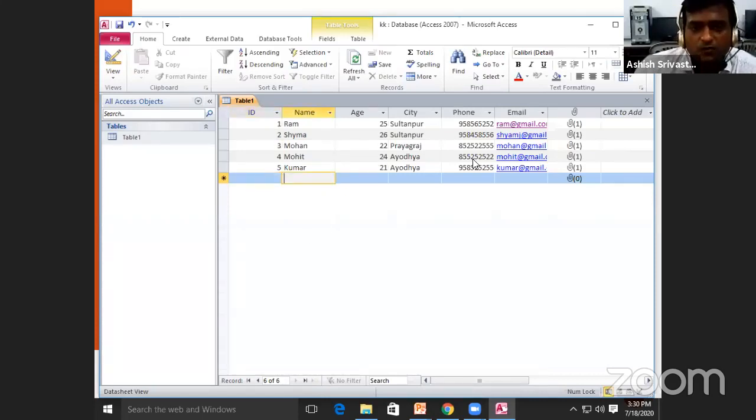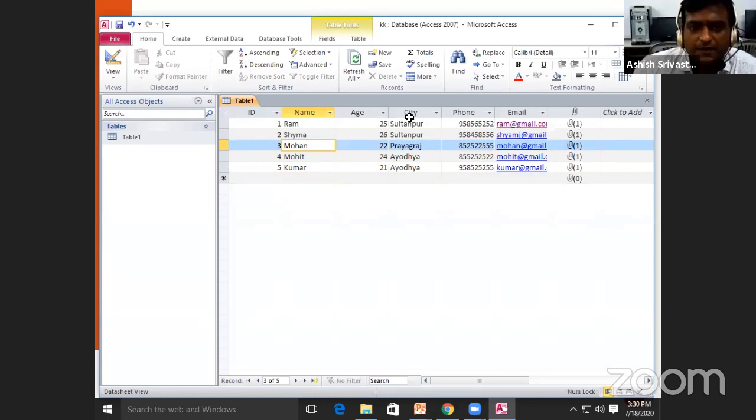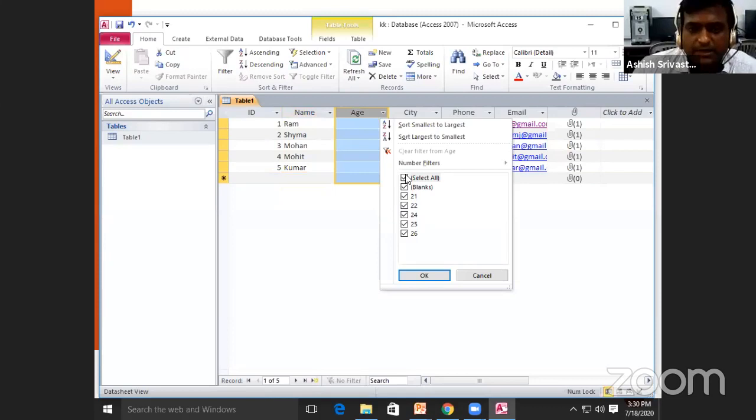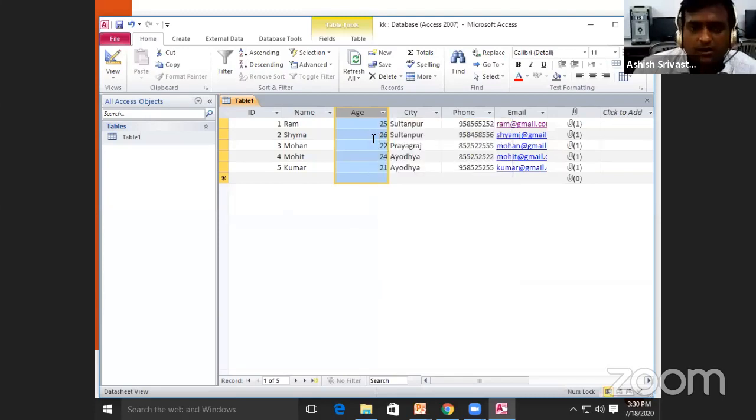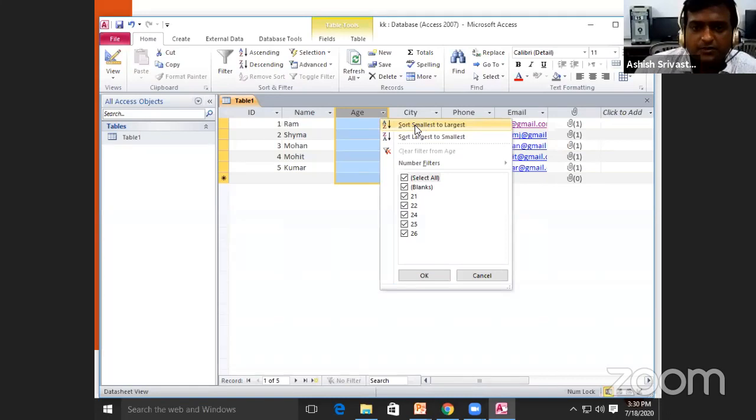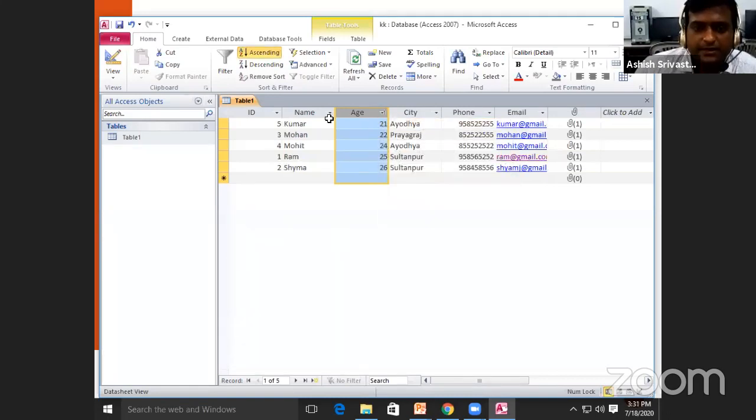So this was how to create a table in MS Access, and there are some extra facilities that we can use. Just like suppose कि हम different columns पर यहाँ पर हम देख सकते हैं कि कुछ filters लगे हुए हैं। जैसे मान लीजिए कि यहाँ पर मैं कुछ इनको ऑर्डर वाइज भी चेंज कर सकता हूँ, smallest to largest या largest to smallest। Suppose that we have to order it from smallest to largest, so we have to click on this button, and after that we have to click here, sort smallest to largest। तो जैसे ही हम यहाँ पर क्लिक करेंगे, all the data in this table will be adjusted according to smallest to largest।